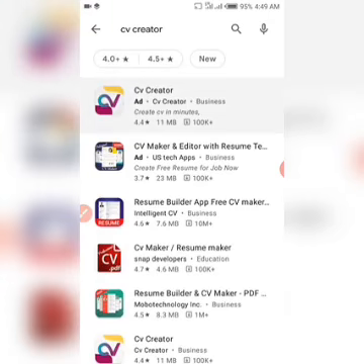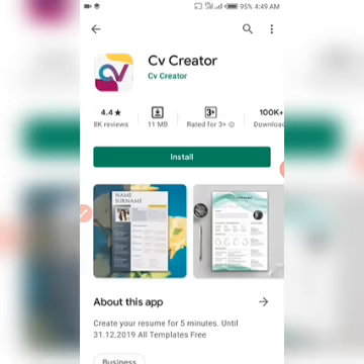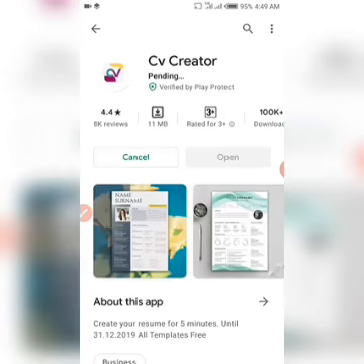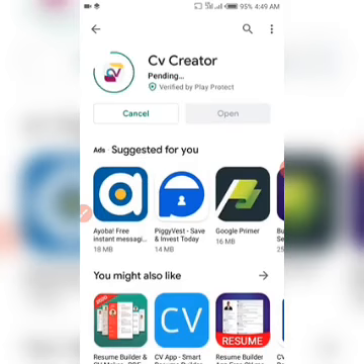All right, so we get here, we need to install it to our phone. So CV Creator is the app name. CV Creator has to be installed in your phone, and right now I'm downloading it. And so while it's downloading, let's go straight to